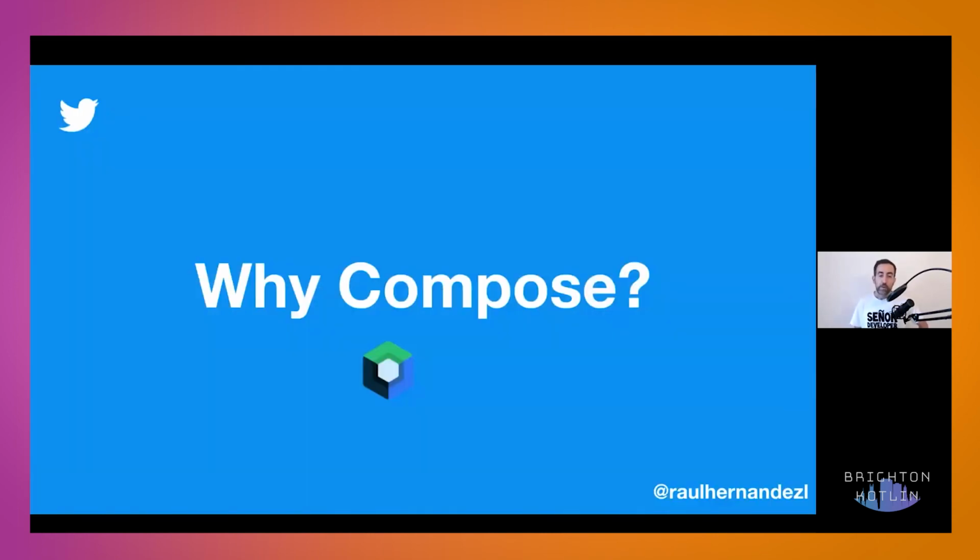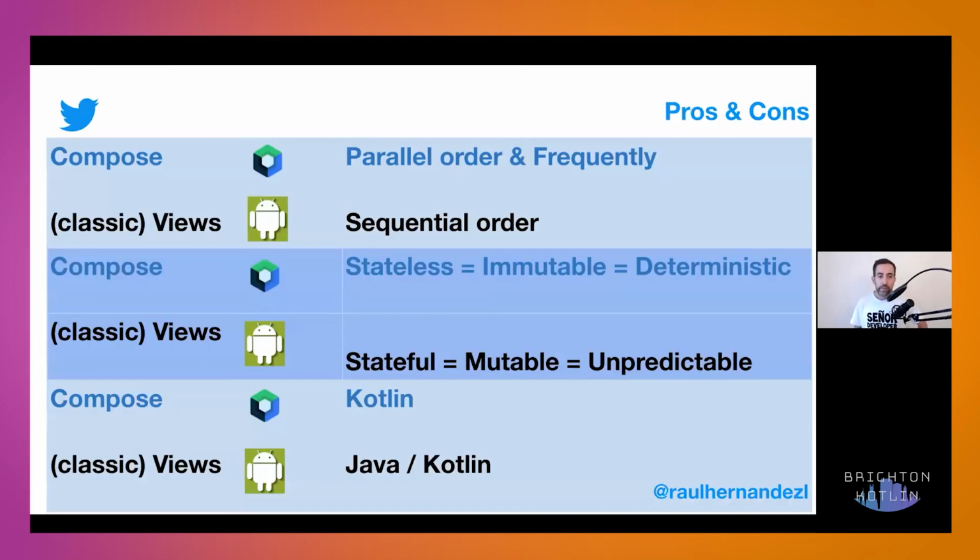But then after all of this, why Compose? If we were so happy rendering massive layouts, creating endless files with 1,000 lines of custom views, which is beautiful. So if we think about it, there are different pros and cons. Compose runs in parallel and very frequently, so it's meant to be really, really performant. This is going to save you some resources as well. I'm going to be very fast. So it's convenient long term.